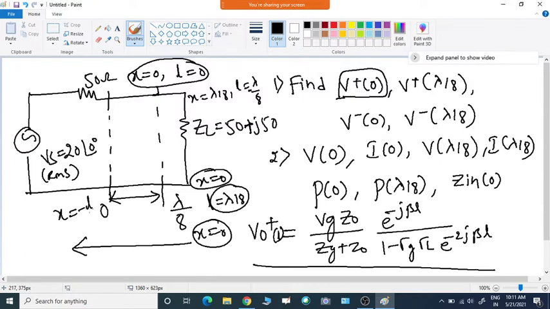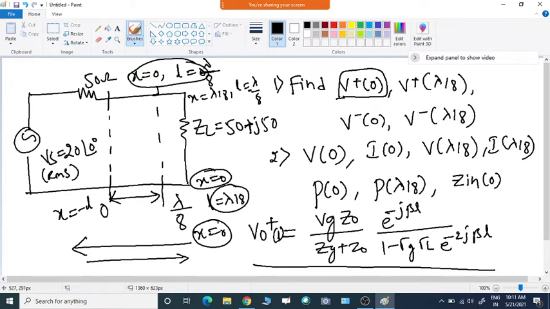So at this point it is minus L. x equal to 0 means, in terms of length, if you traverse from source to the end, what is happening? L equal to 0 here, the length is 0, but the length is lambda by 8. If you want to substitute x equal to 0, it is actually lambda by 8, because we are traversing from source to the load, so the length will be from 0 to lambda by 8. If I traverse from load to the source, it is x equal to 0 to L.